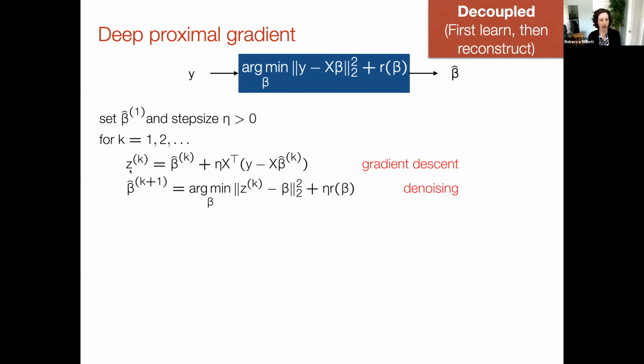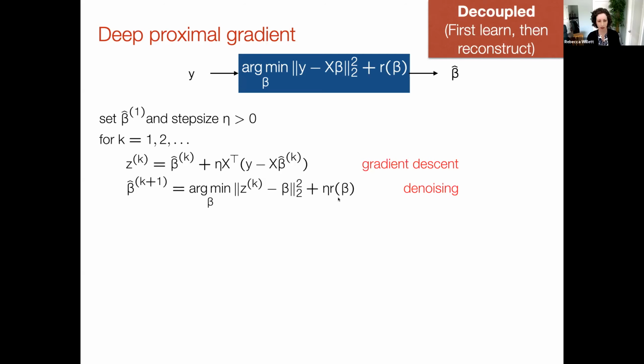Second, we would take the result of that, and we would regularize it. So we would nudge it towards something that has a lower value of this regularization parameter. And when I write this proximal operator or this nudging step like this, it might remind many of us of a denoising problem or of an inverse problem where the forward model is just the identity matrix. All we're trying to do is find an image beta that is close to this z k and has a small value of this regularization parameter. And so we alternate between those two steps, this gradient descent step and this denoising step.